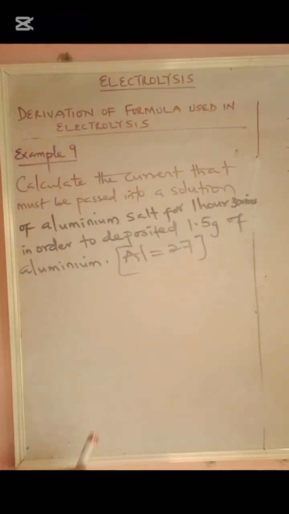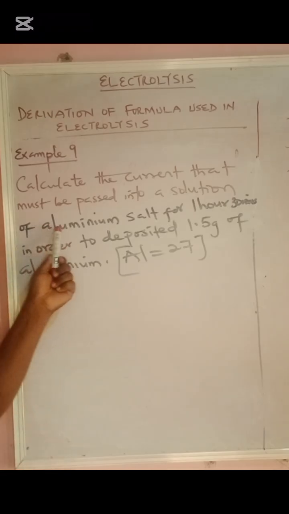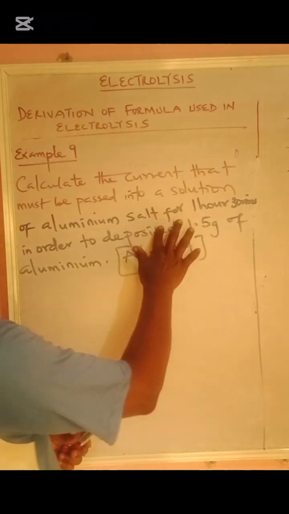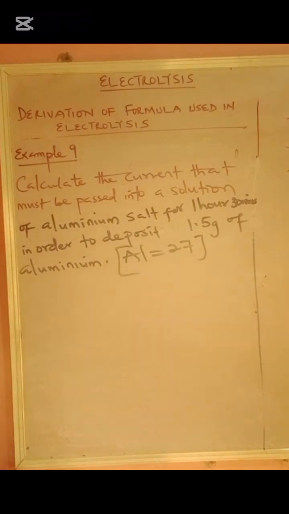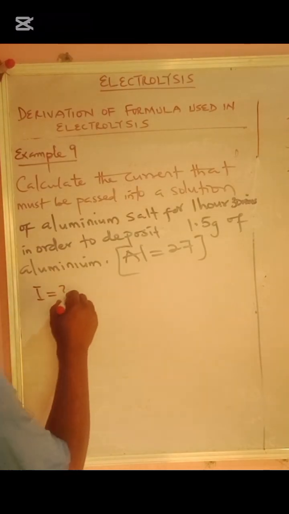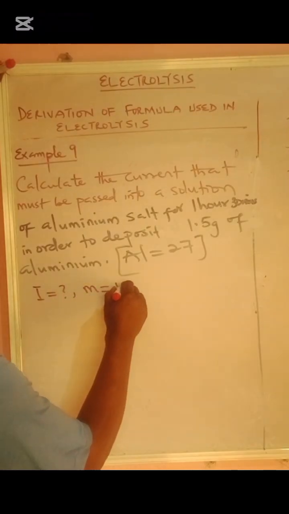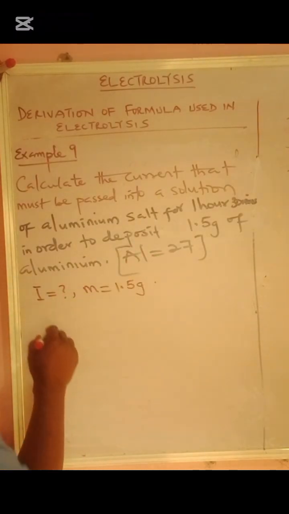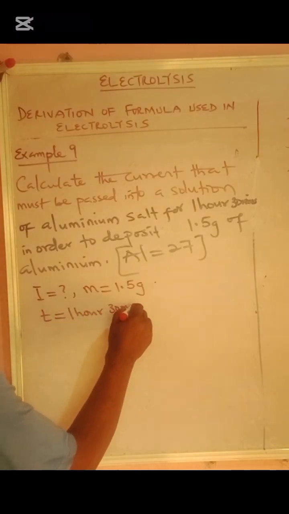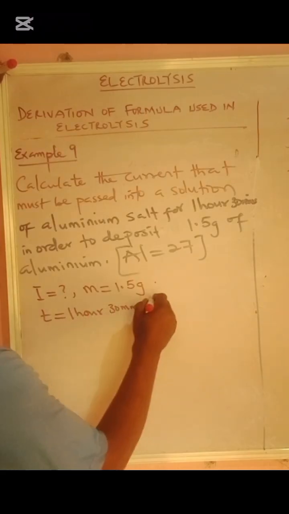So this example 9: calculate the current that must be passed into a solution of aluminium salt for 1 hour 30 minutes in order to deposit 1.5 gram of aluminium. So here we have to find the current. We don't know. So we are given mass equal to 1.5 gram, and we are given time to be 1 hour 30 minutes, which converted to seconds will be